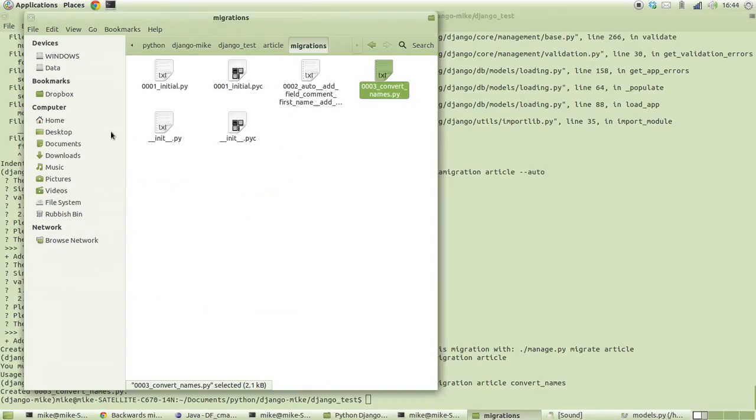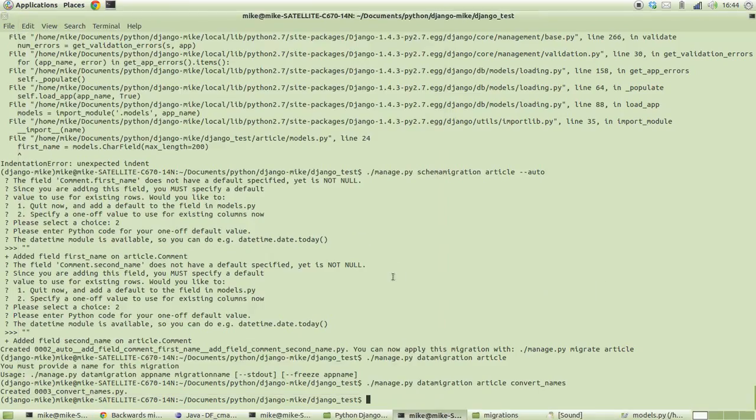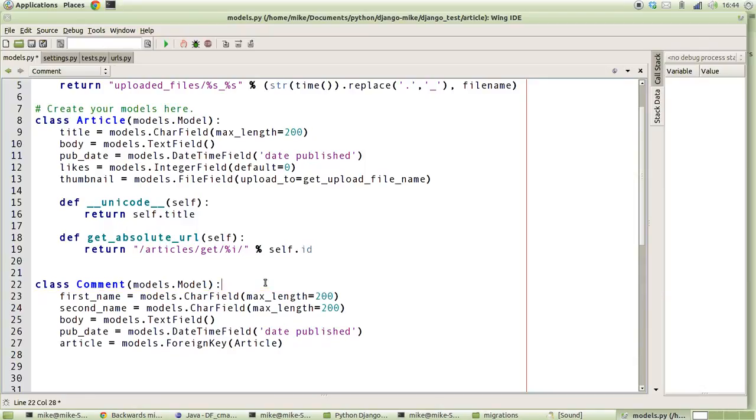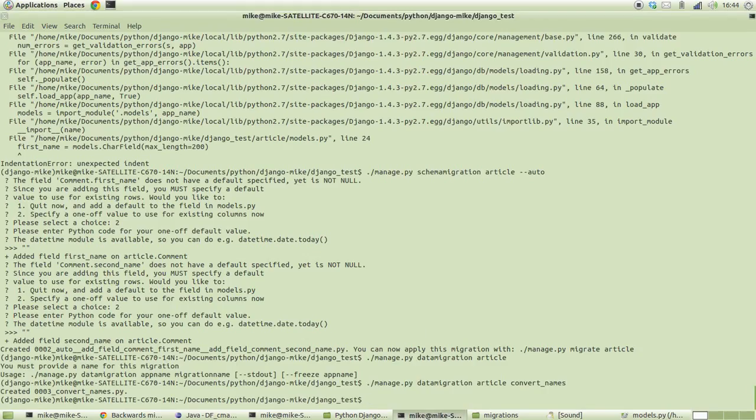Okay, so finally, once we'd done that, we then create another migration to finally get rid of the name. So we basically go into our model and now get rid of the model field out of our comment class. Then we do another schema migration auto,